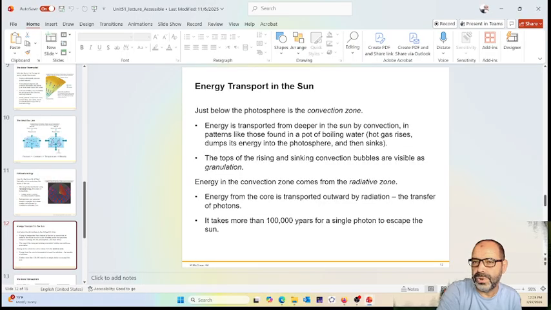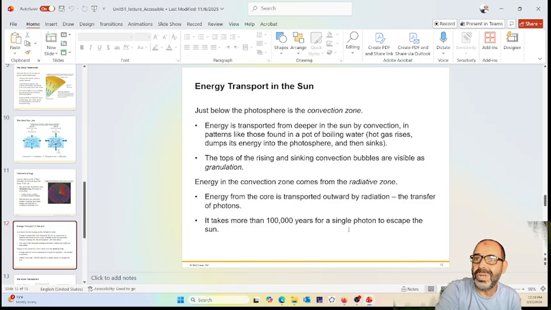The radiation zone, the convection zone, and then they come through the photosphere, and then the corona. Once they're out of the corona, they're basically coming through. It takes about 8 minutes for them to reach Earth. 150 million kilometers still, okay? So that's basically it,